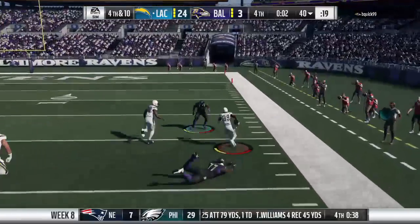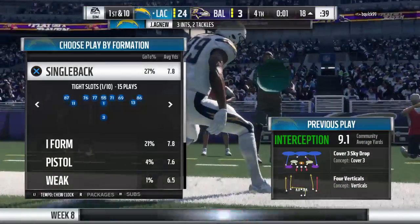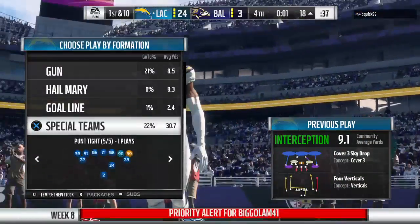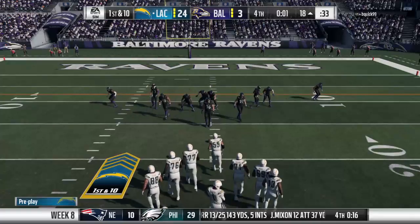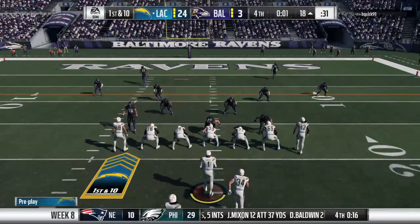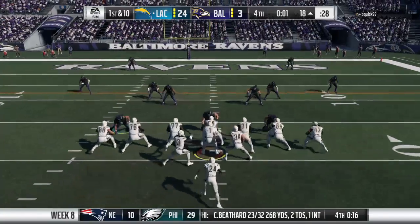Picked up by Jamal Agnew. And they will be set up now as he brings this thing all the way back inside the 20. Charles, whatever's going on between his ears right now, it's just not completely calculated correctly. 7 picks between last week and this week after that one. And they always say the most important part of a player is those 6 inches between the ears. But right now, so whoever his trusted confidant is,